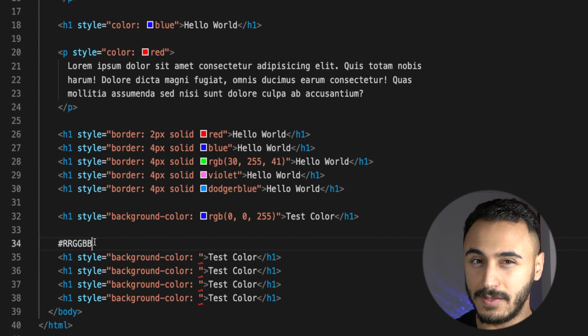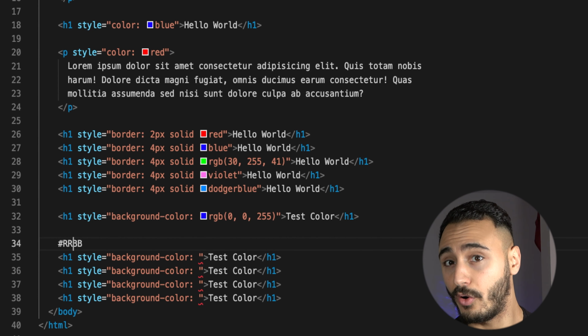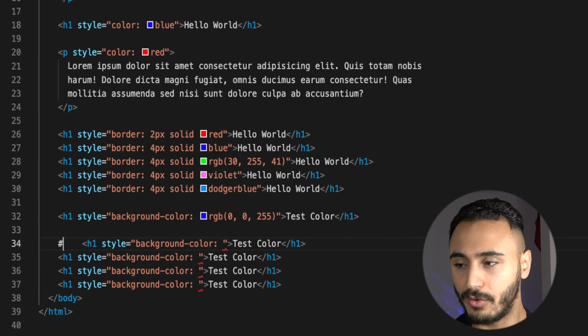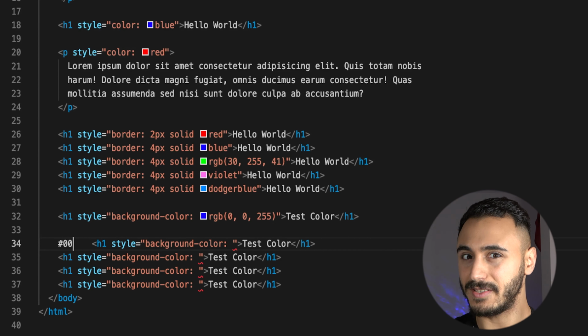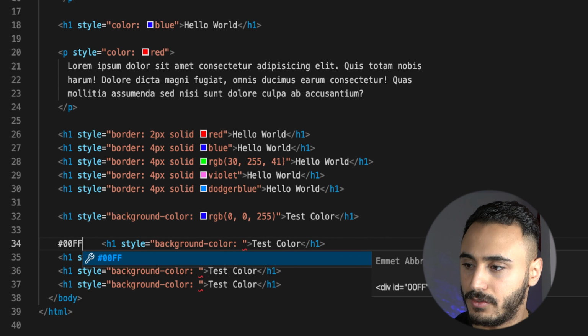So by knowing that, let's go and make a hexadecimal code for green color. So we know that we can go for 0, 0. The redness is 0. The greenness should be the maximum. The maximum here is the F, because 0 to 9 and then you have A to F. Okay, so basically A is 10, B is 11, C is 12 and so on till F. So we go for FF, which means we want to maximize the greenness of this color,